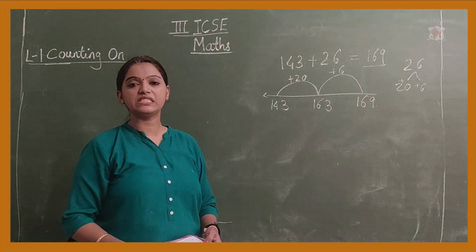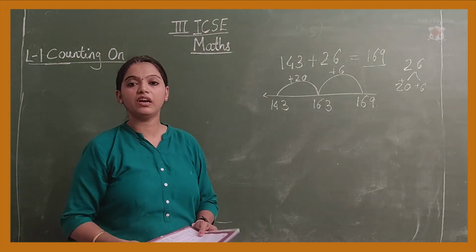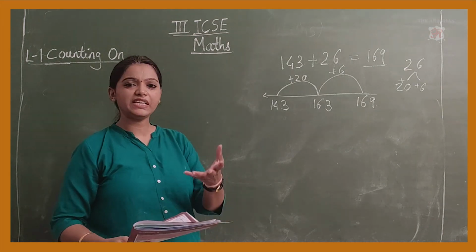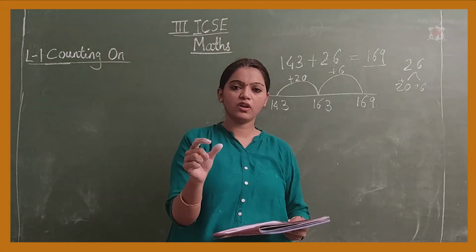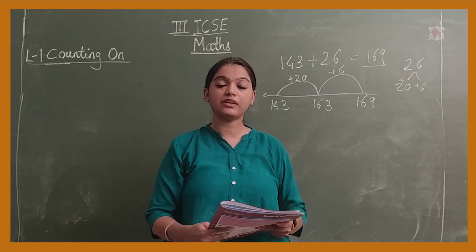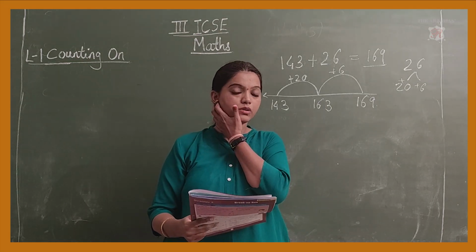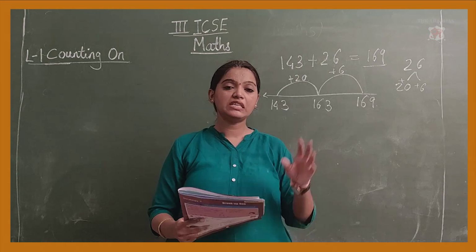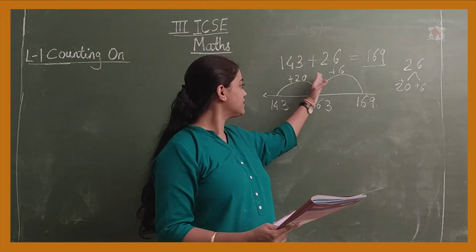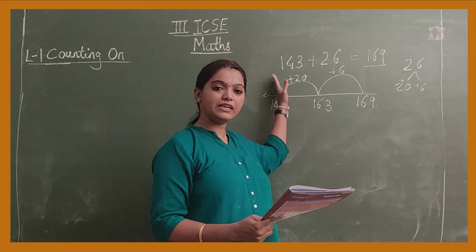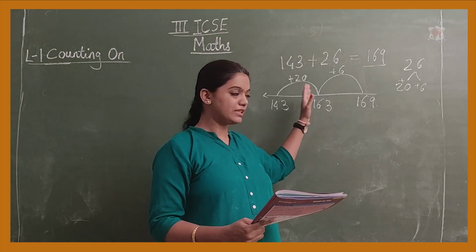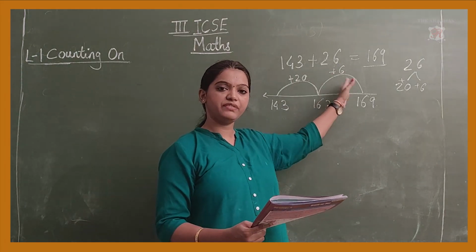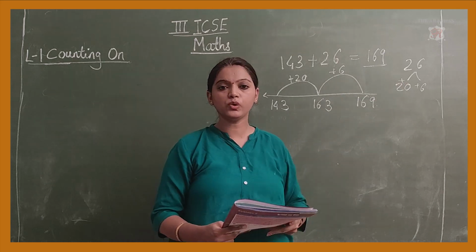The next two is your assignment. You will do it in your textbook itself. It is very easy. You have to split the smaller number, that is 62, in such a way that you get a nearest landmark number. So what is the landmark number of 62? 60 plus 2. So you will take a jump of 60. If you can't, you can take it in times of 6. That is 10, 20, 30, 40, 50, 60. And the rest, 2, you can add it.